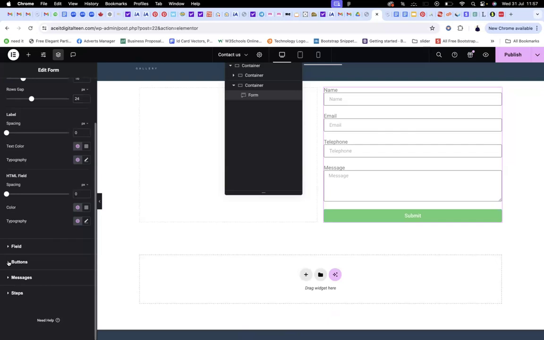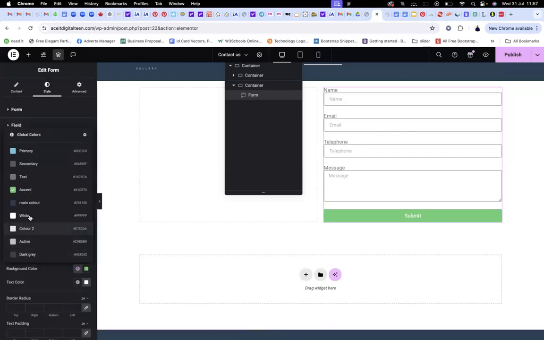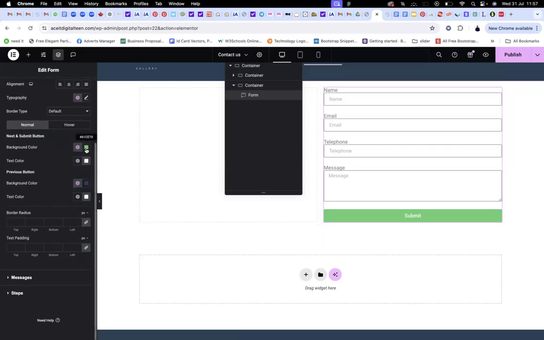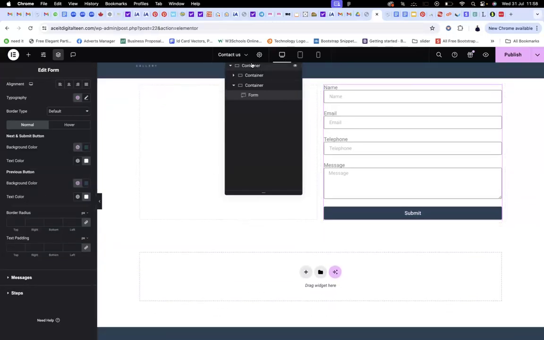I'll go straight down to the button. I want my button to be my brand color. I choose the brand color and see. Uh-oh, that's button. Choose it. See, it's changed, right? And now we're almost done with our contact us